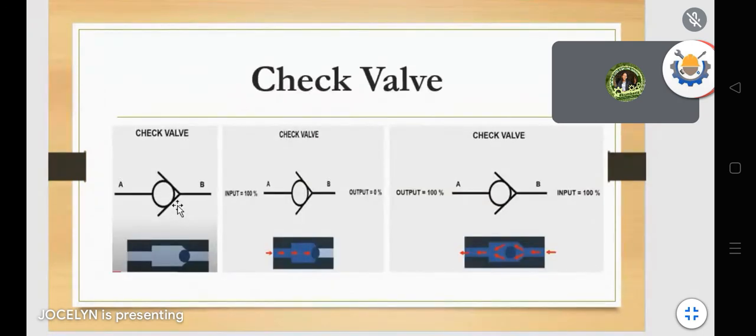Okay, so this is how the check valve works. Now, how does the throttle valve operate? The check valve is different, guys. So if you're going to